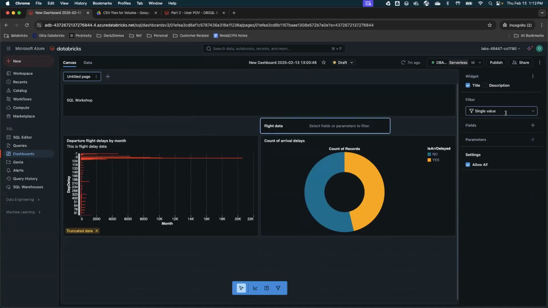There are options. We can select multiple values, or you can choose a date picker where you can select the date, or you can select if you want to add a text entry. So people can add text entry, or there can be a range slider, right? For this specific workshop, we can select single value, and then we can click on the field. Once we click on the field, we can select flight silver MV, and then we can select date.